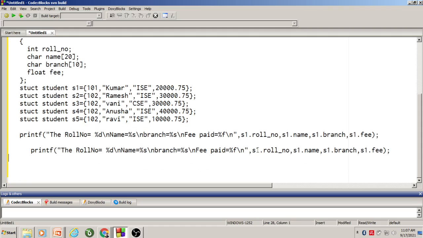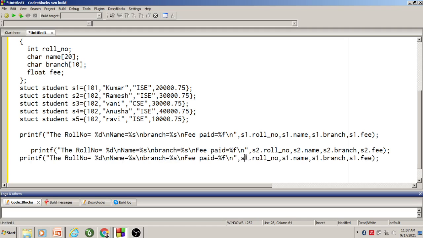Second student information, so I just change the structure variable name to S2. Third student information, I am changing here to S3 dot name, S3 dot branch, S3 dot fees.